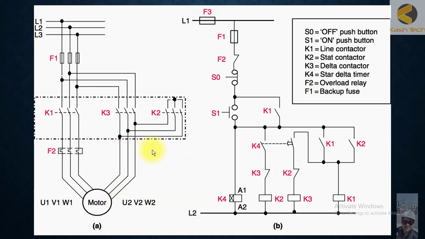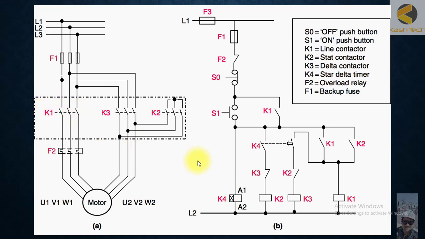Here you can see the three-phase power is available, L1, L2 and L3. Three-phase power is available, and through the fuse it is coming to the contactor auxiliary contact, and then after the auxiliary contact it's going to the thermal overload relay, and then from the thermal overload relay it is going to the motor. So normally when K1 is not energized, the contact of K1 is open,